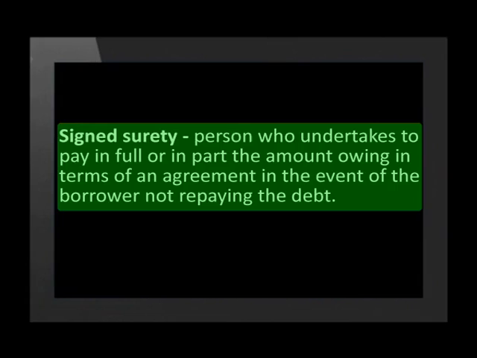A signed surety is an undertaking by another person who undertakes to pay in full or in part the amount owing in terms of an agreement in the event of the borrower not repaying the debt. Two of these definitions can be a little confusing. Collateral is an item which the borrower, in our case Thabo, promises to the bank in case he can't pay the remainder of his loan. A signed surety is a person who agrees to pay the rest of the loan if Thabo cannot afford to